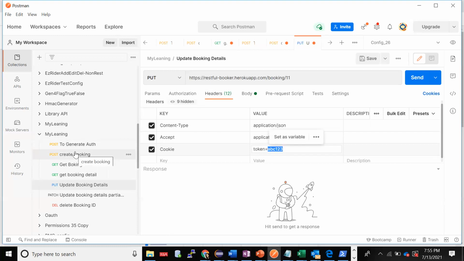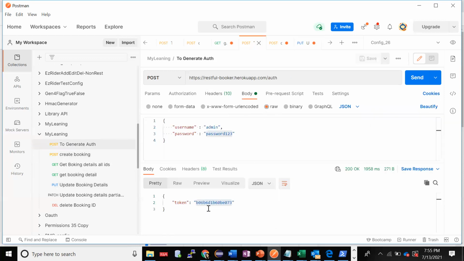Creating is fine. You're creating your booking ID. And getting that is also fine. That is not harming anybody. But updating it may harm. I may update Preeti's, I may update Kajal's, I may update anyone's, right? So I don't have to do that, right? For that, a particular authorization should be there.